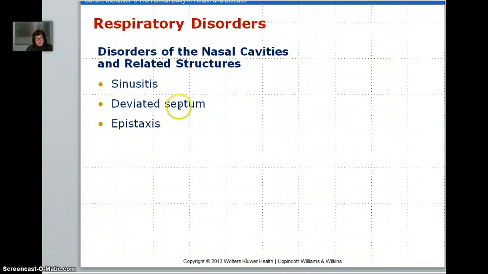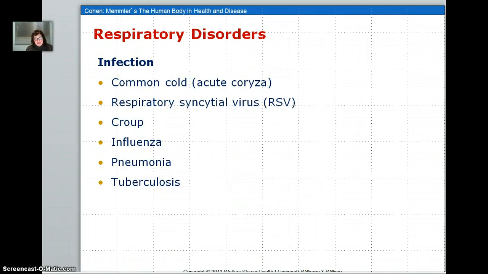You can also have sinusitis. Notice the itis means inflammation, so this is inflammation of your sinus. Deviated septum, which means your nose isn't working well. You may also have disorders where there's